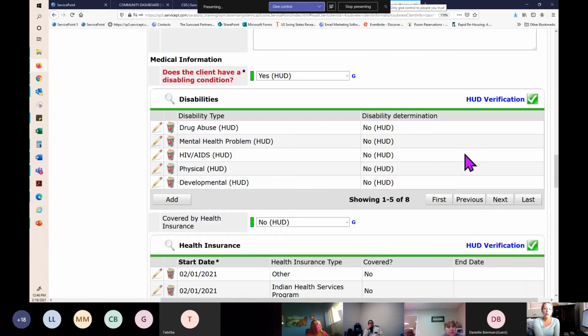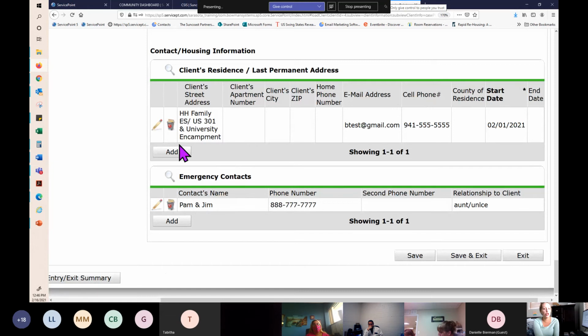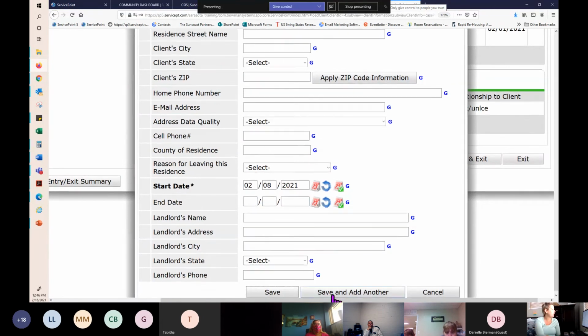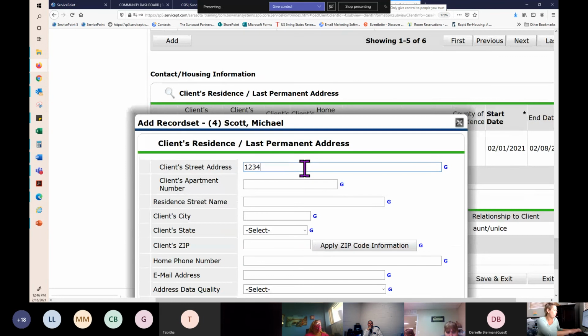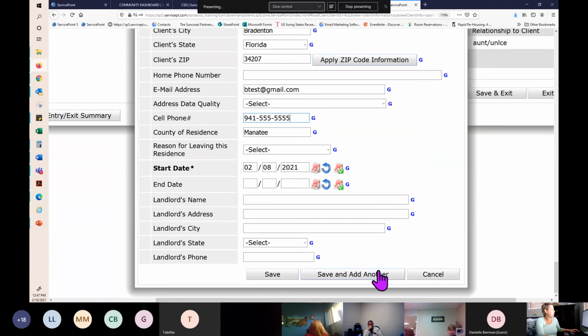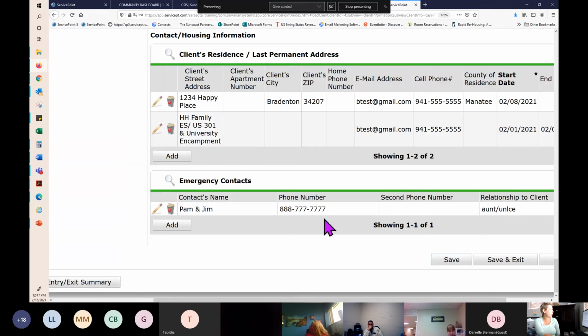Okay, cool, thanks. Okay, so nothing else has changed. We're going to add the client's new address because they are housed. We're going to save and add another. Apply our zip code information. Yes, all of this populates. Same email, cell phone still the same. And we save. So now we've shown the system